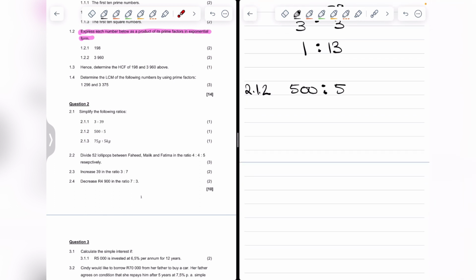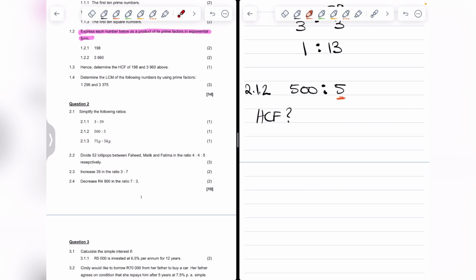Okay, so 2.1.2 now. So we know that we need to find the HCF, the highest common factor. So what is the highest common factor here? Well, it is 5 in this case. So many times when you have these kind of ratios where there's two numbers in the ratio and one is sort of significantly higher than the other one, it usually, not always, but usually follows that the smaller number, in this case the 5, it usually ends up being the highest common factor,